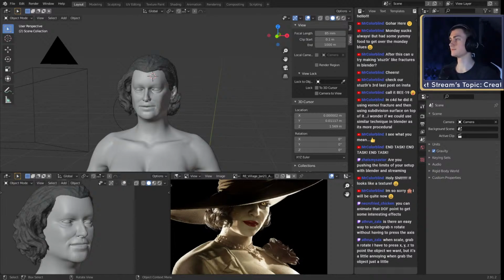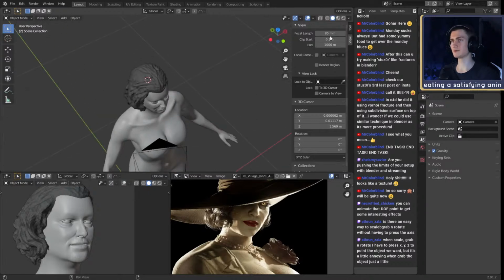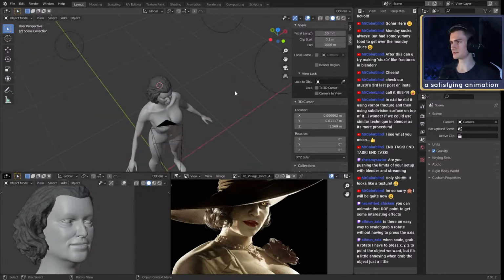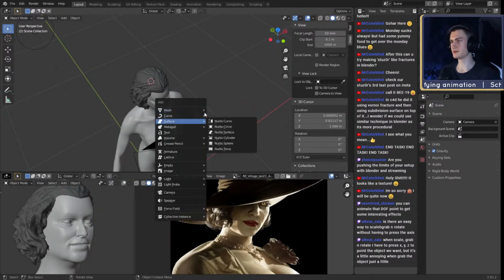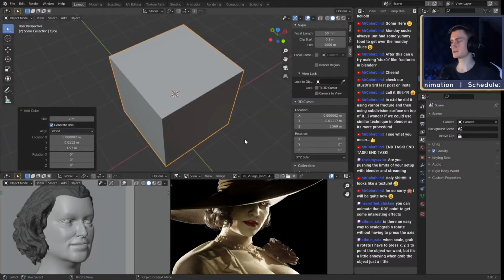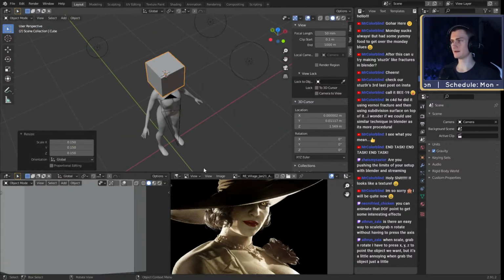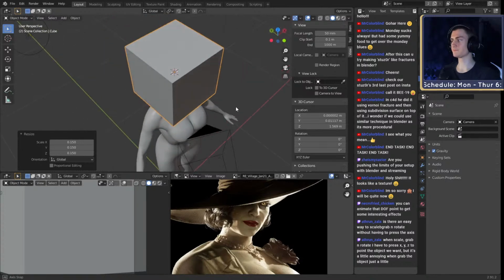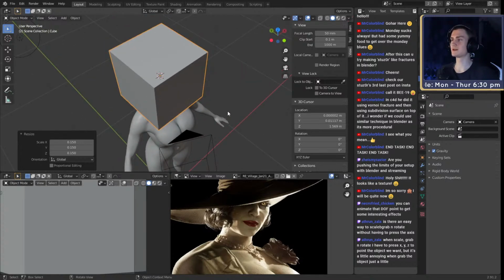Yeah, looks good. Okay, now moving just by a small amount. What you can do is, if you, for example, have a cube and you want to move this cube on the Y and X axis, you can exclude an axis.